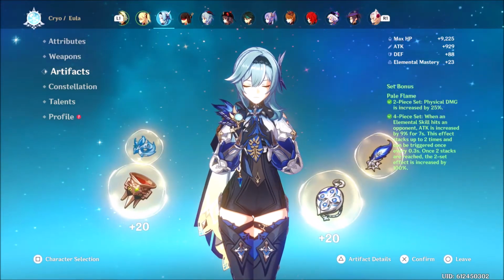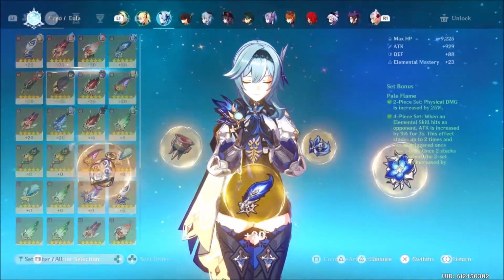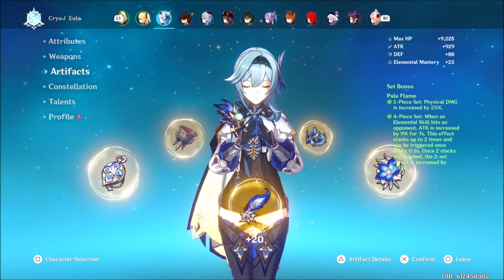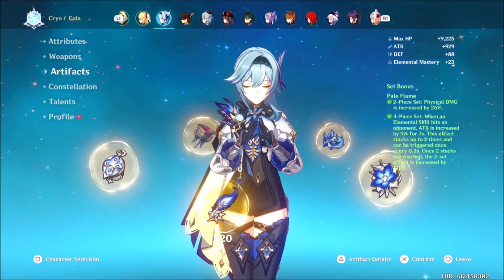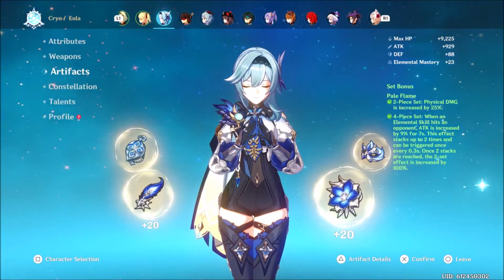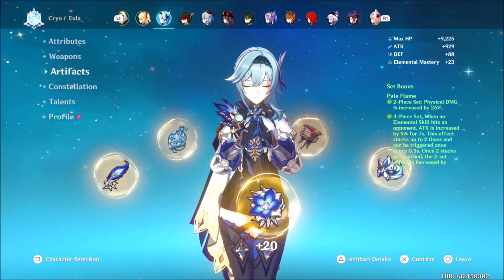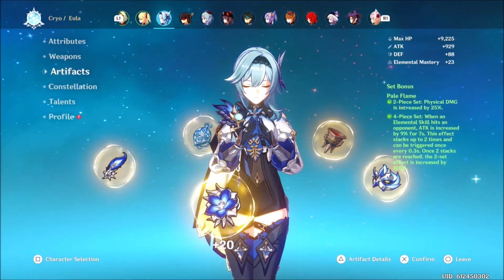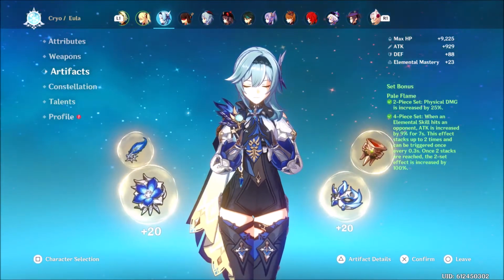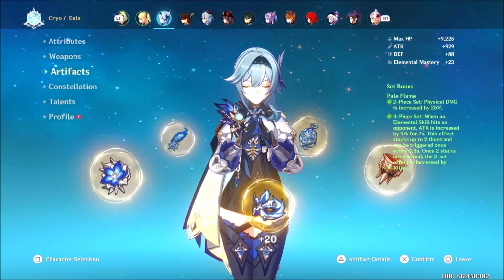I've tested a two-piece set of, what is it called? Bloodstained. I had a two-piece set of Bloodstained on her at one point, and a two-piece set of Pale Flame, but I found that if you have Fischl in your team, and the support team I currently have, this one does way more damage. It typically takes just a pinch longer to set up, but all of a sudden you're just cranking out the damage, because of the Pale Flame four-piece set bonus: when an elemental skill hits an opponent, attack is increased by